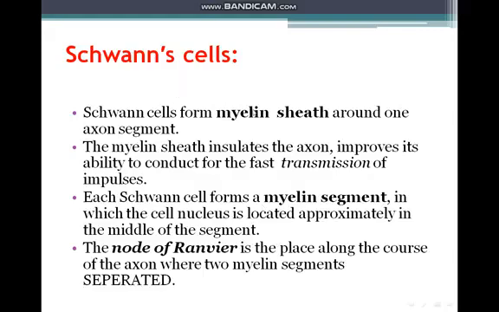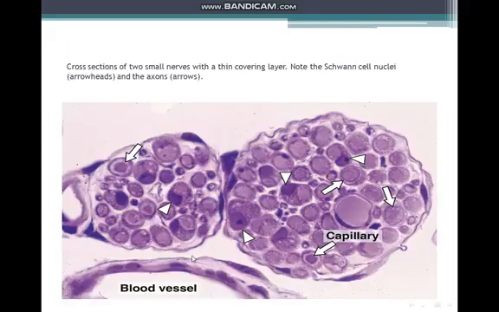The Schwann cells are synonymous, being responsible for myelin sheath formation around the axon segment, and they are found in the peripheral nervous system. The myelin sheath produced by the Schwann cells is not continuous; it is discontinuous or segmented at a region called a node of Ranvier. In this section, we can see a nerve fiber